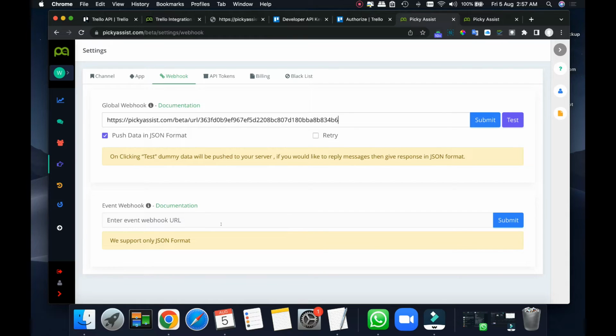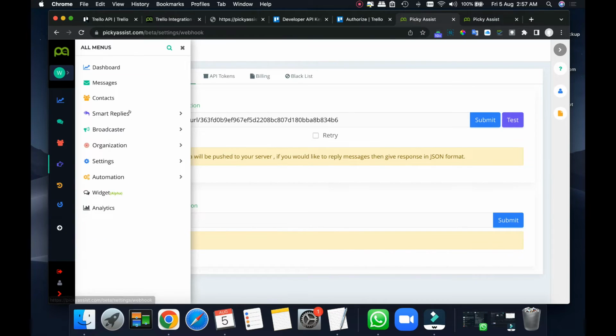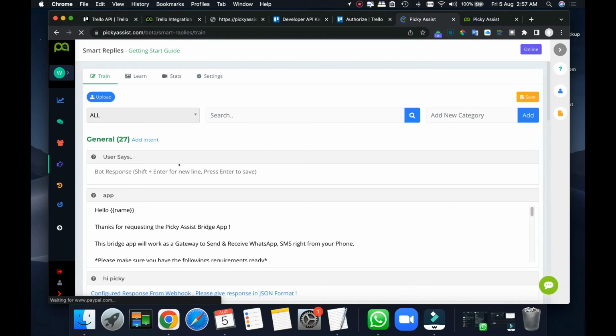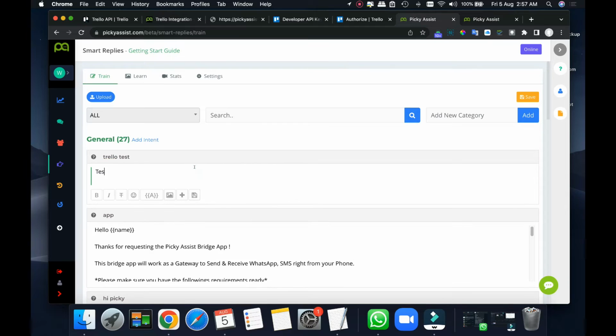Okay, now if you want to do it with specific keywords only, then we have to make use of the smart reply. You can go to the smart reply, then we can create a card named Trello test from Trello.